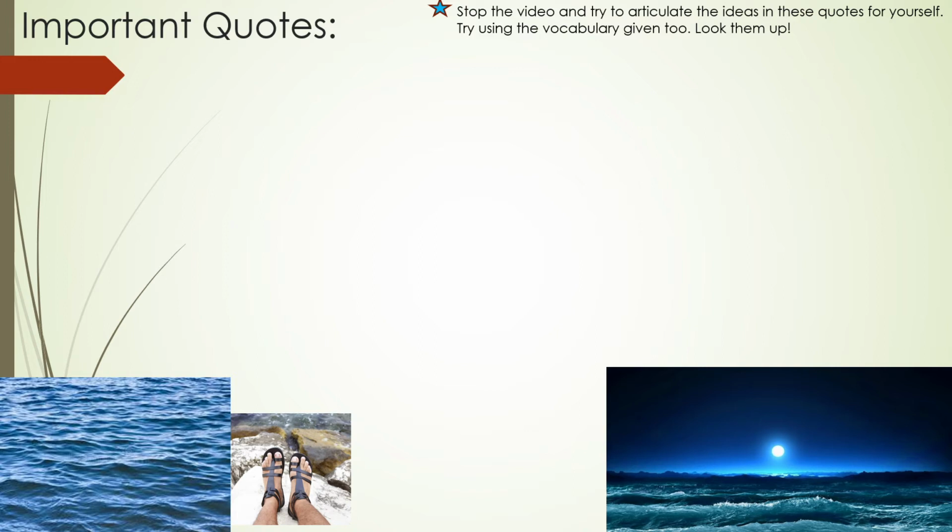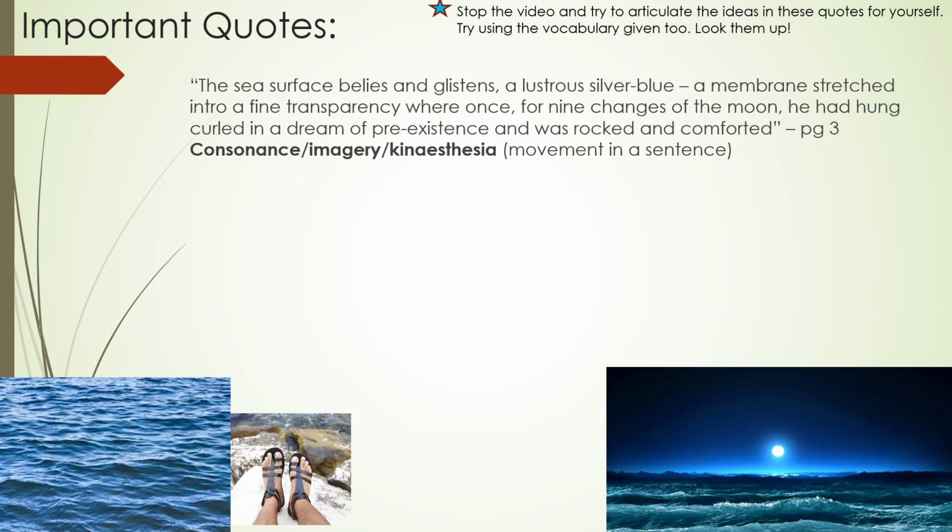So what I'd like you to do is pause the video and then have a go at analysing the quote, but use some of the language that I'm giving you. Okay, use some of the vocabulary within that description that you do. You might need to look some of these pieces of vocab up. Here's this really, this is the very first part of the book. We've got the sea surface bellies and glistens a lustrous silver blue, a membrane stretched to a fine transparency where once, for 9 changes of the moon, he had hung curled in a dream of pre-existence and was rocked and